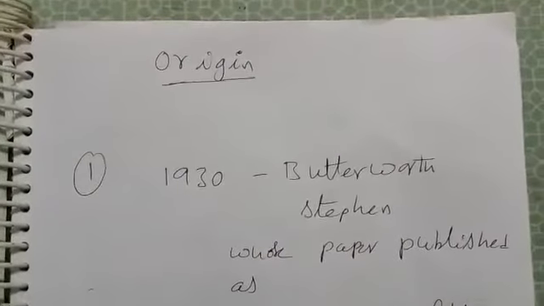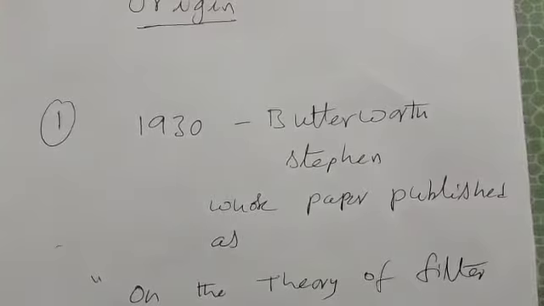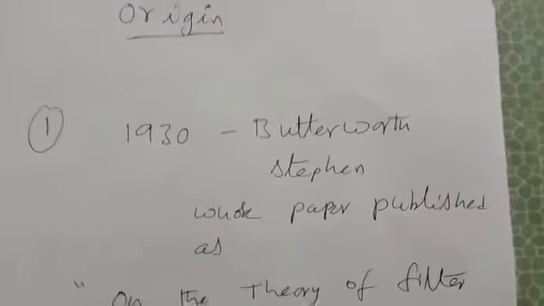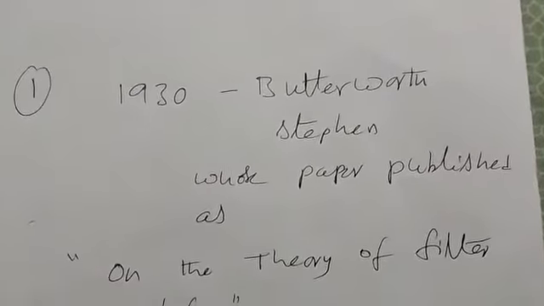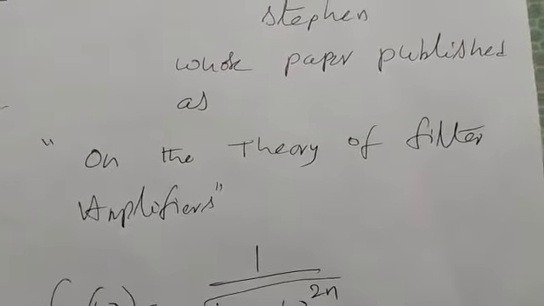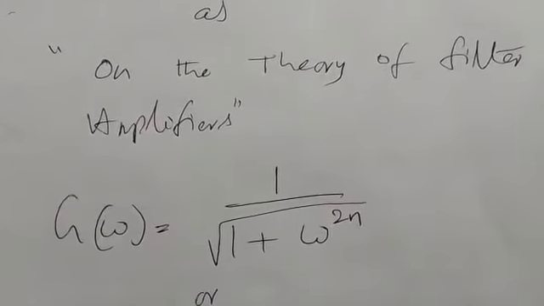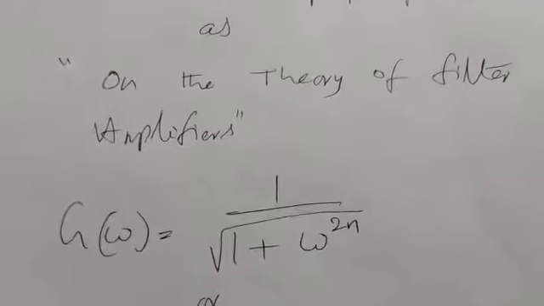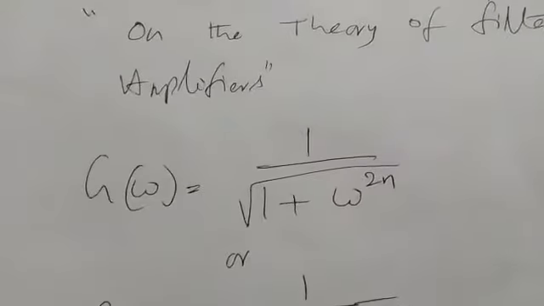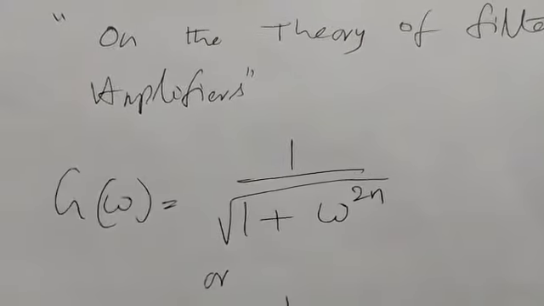Okay, coming to the first point, origin. Stephen Butterworth, his name is Stephen Butterworth. He introduced it in 1930, in a paper titled On the Theory of Filter Amplifiers. In the first paper, the first invention of the Butterworth formula was like this: G of omega is equal to 1 by root over 1 plus omega